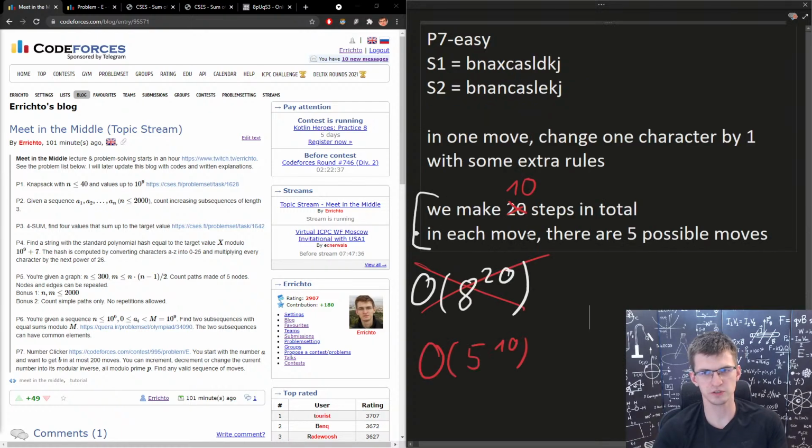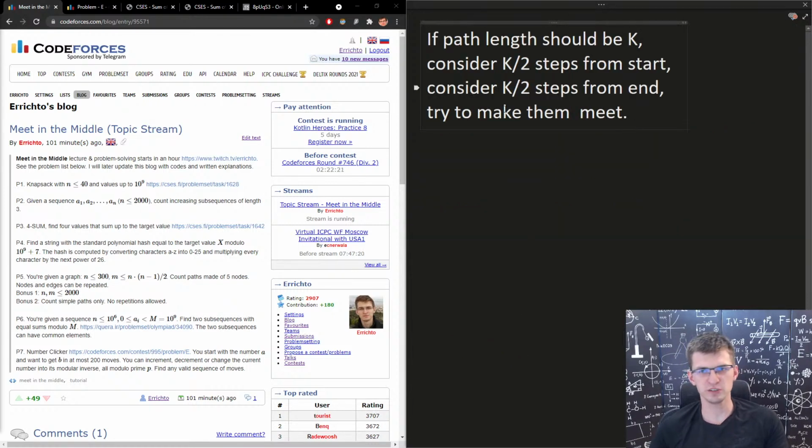This is a solution to this problem for which I didn't set exact constraints and exact rules. Obviously, we need to be able to apply the moves backwards as well. From S2 we will go the other way. And this is a reasonable speedup for various graph problems if we don't care really about the time complexity, but